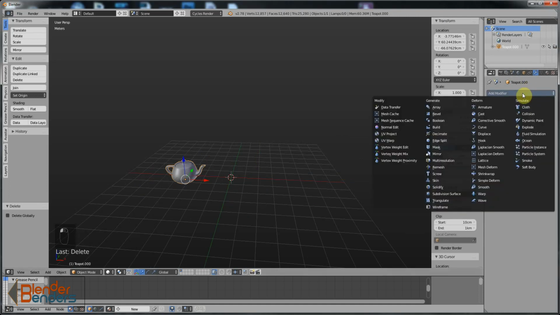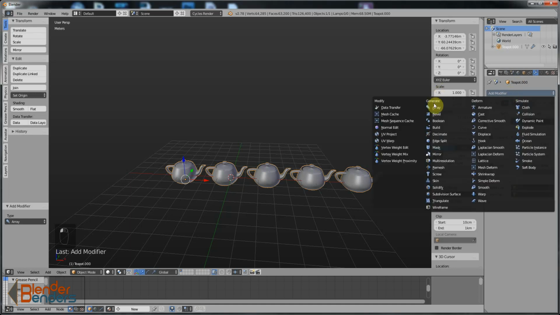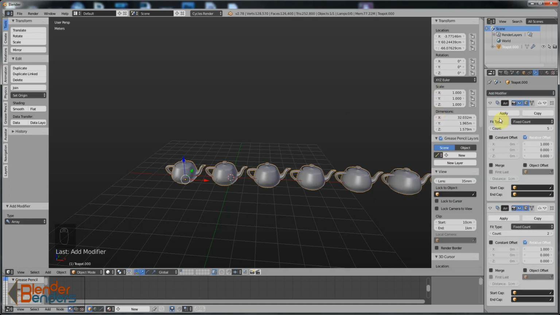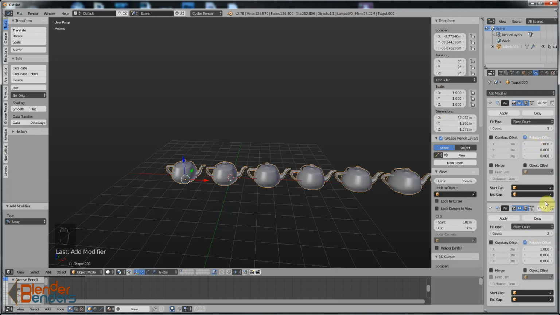If we use an array modifier here, and we duplicated it, let's say 5 times on the x-axis, what we could then do is add another array modifier. Instead of the x-axis on the bottom of the stack,